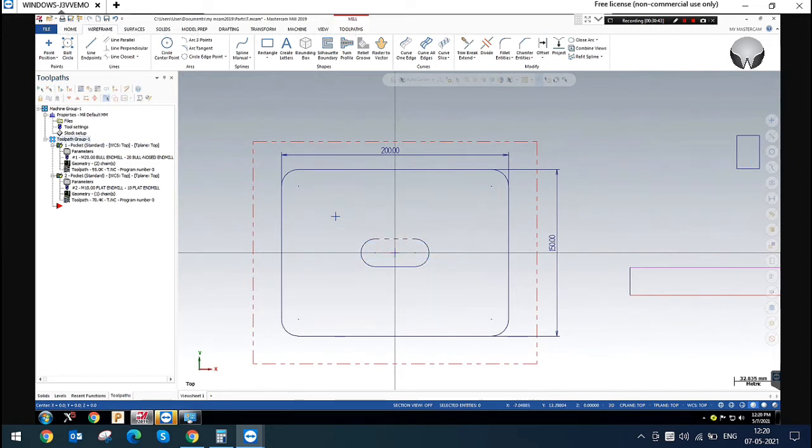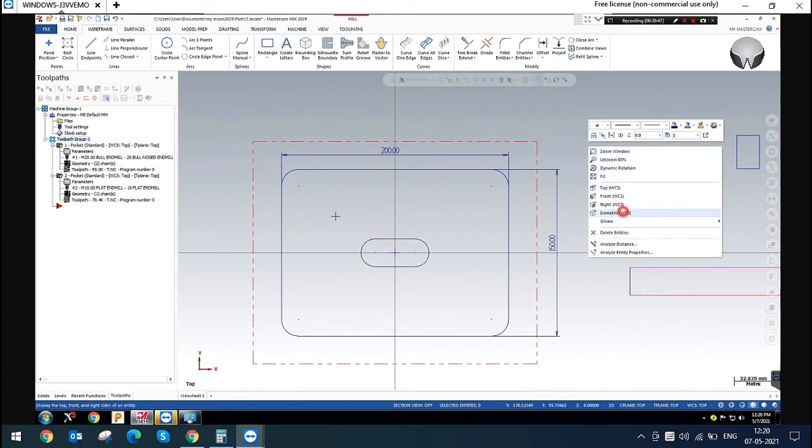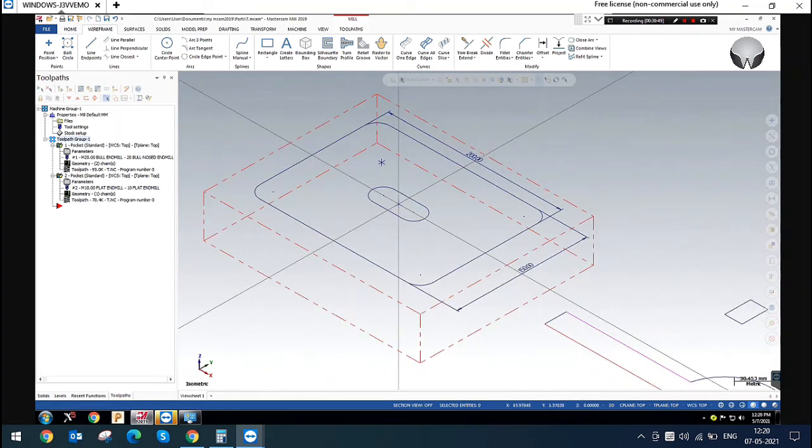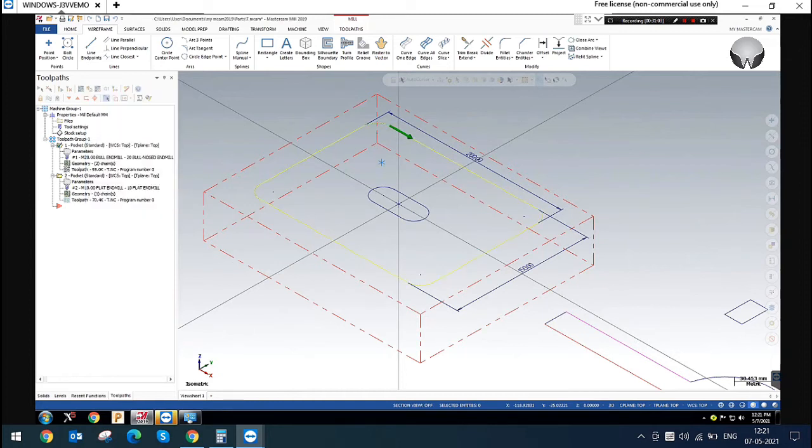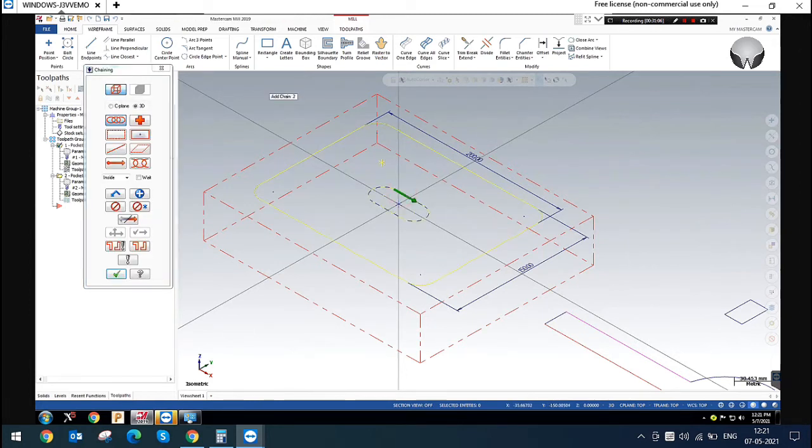There is another core in between this pocket. So what do we have to do? We don't have to machine in this area. This is called the island. I need to add this chain to this pocket.